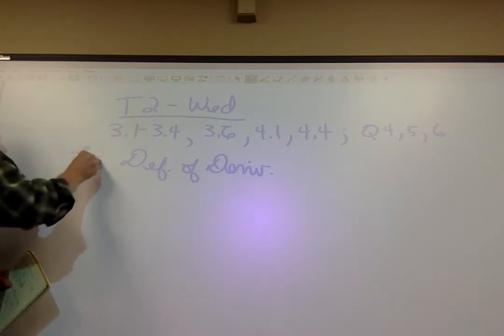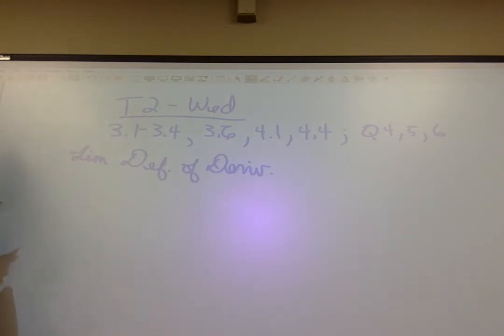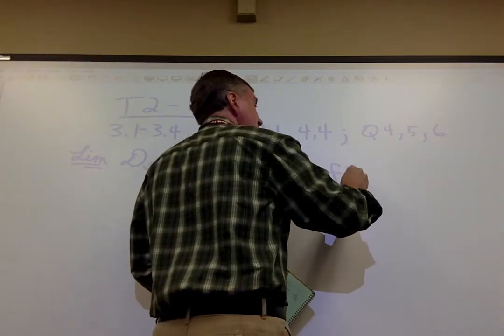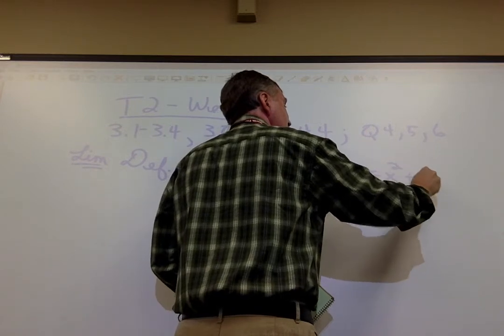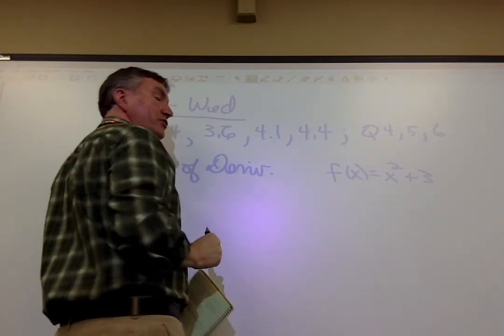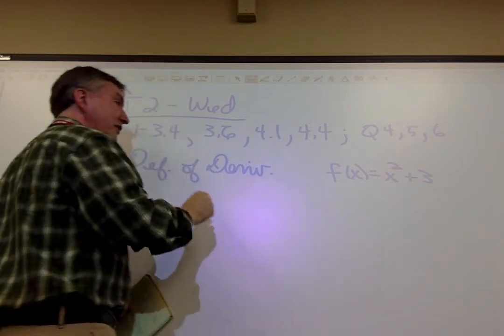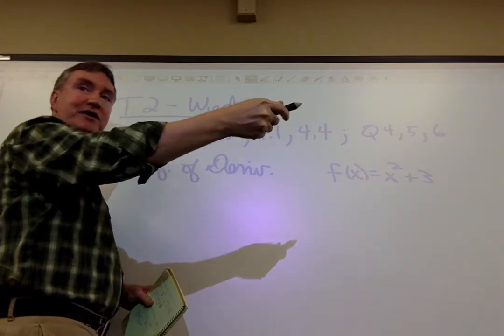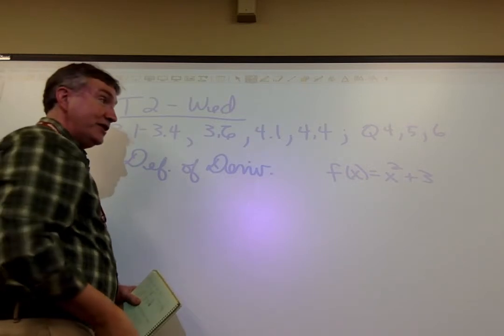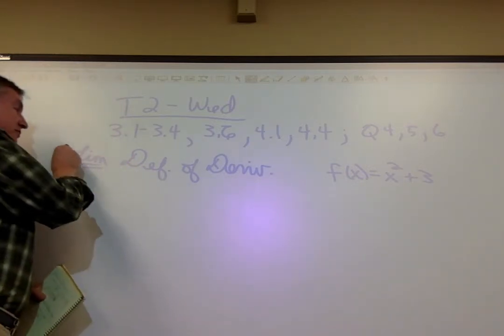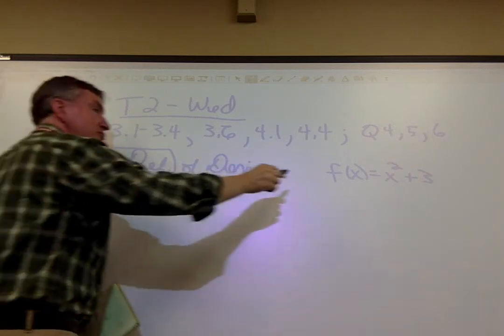Remember how I asked you on quiz 4 for the limit definition, and you wrote it down for me? I used to ask people to actually use that limit definition to work the first problem. I might just ask you to write down the limit again, and you can use our rules for derivatives. So if I gave you f of x equals x squared plus 3, you know the derivative is 2x. But if you said the limit as h approaches 0 of f of x plus h minus f of x over h, that would take a page, wouldn't it? But as long as you write this for me, and then you just say